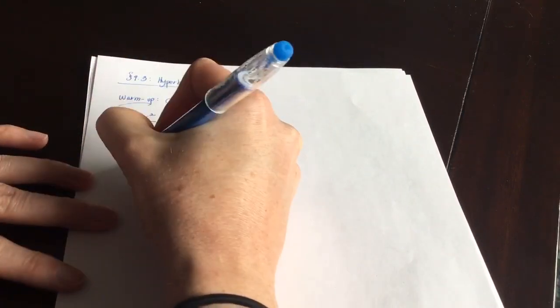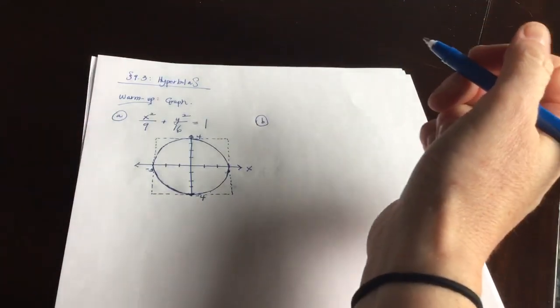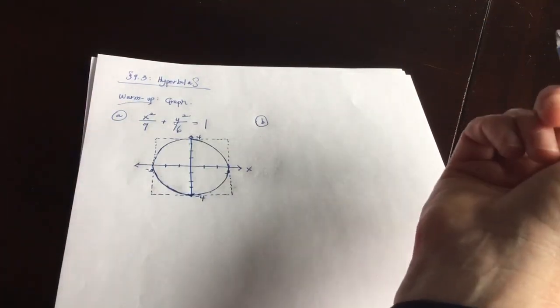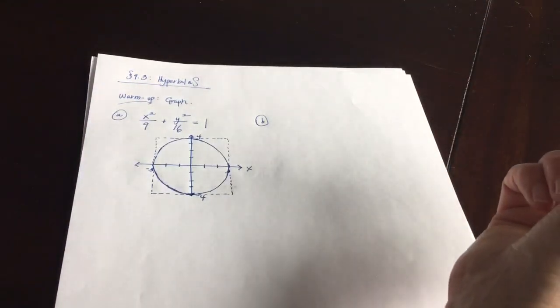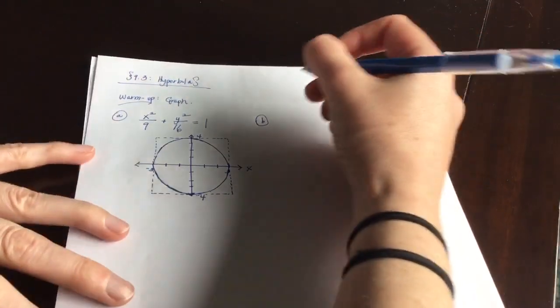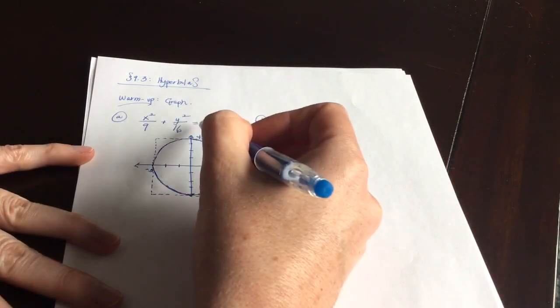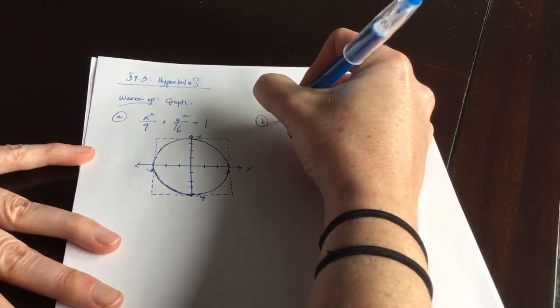Okay, moving on to part B. I think what I'll do with this lesson is just in the warm-up, make sure everybody can see how easy it's going to be to graph hyperbolas, and then we'll get into the grungy business of telling the story about where the equation came from. So if you were to be given this equation here, almost exactly, except instead of a plus sign, a minus sign,